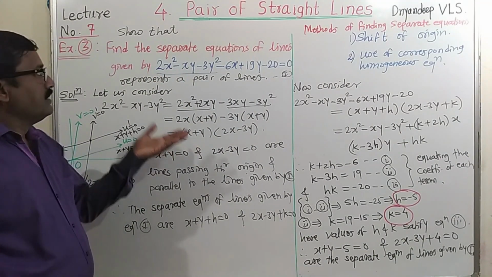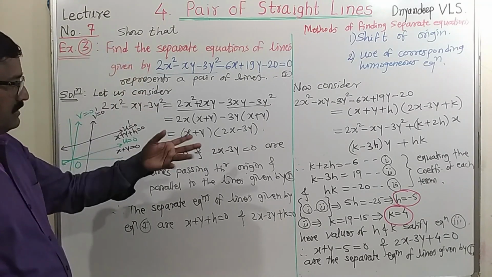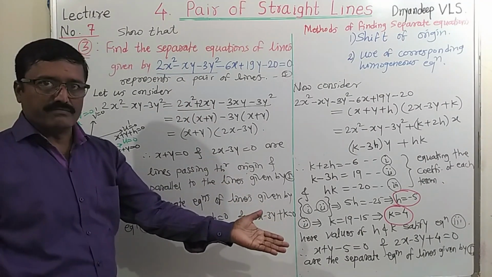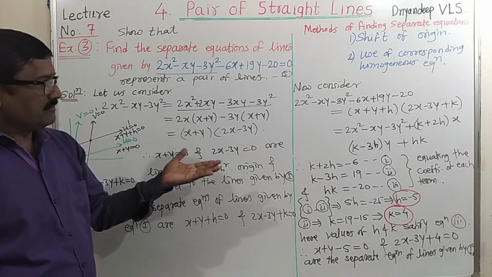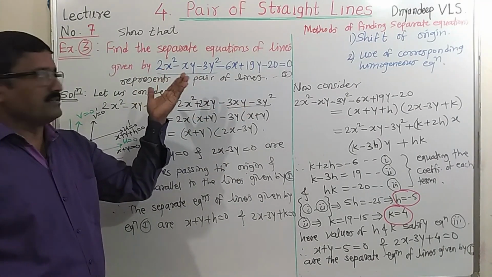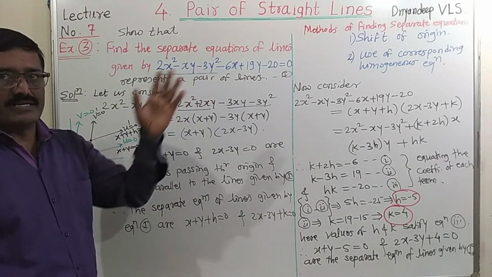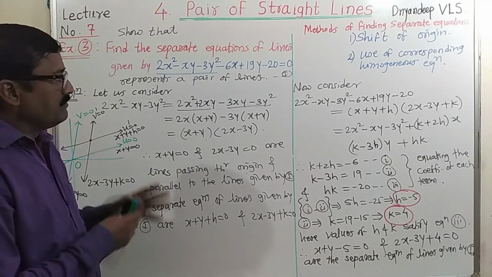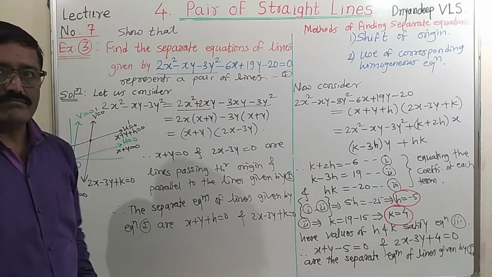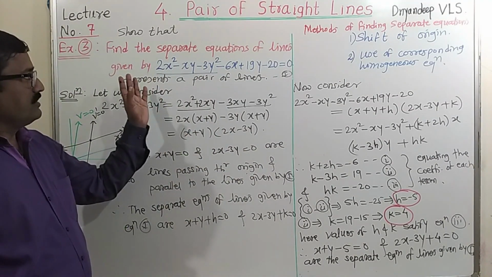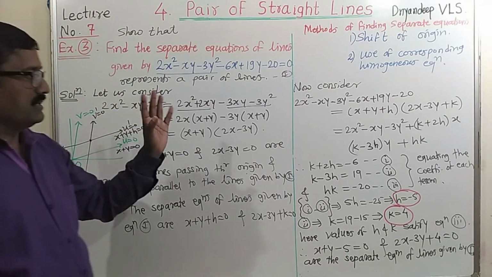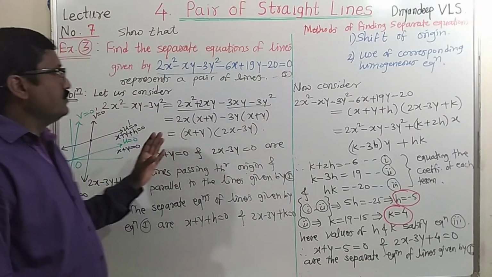Is it okay? So another second method to show that this equation represents a pair of lines is this one. In our previous article, we used the necessary condition for an equation to be a pair of lines, that is the determinant of A, B, C, F, G, H. Instead of that, we can use this method also to show that this equation represents a pair of lines. No need to take the values of A, B, C, F, H, or to use that condition h square minus AB greater than or equal to 0.